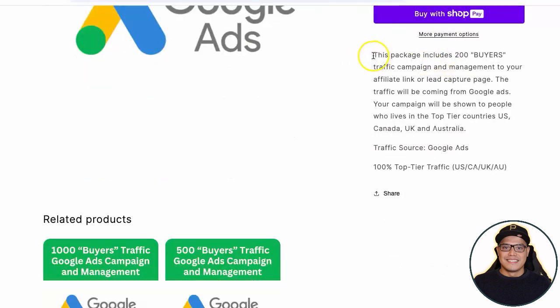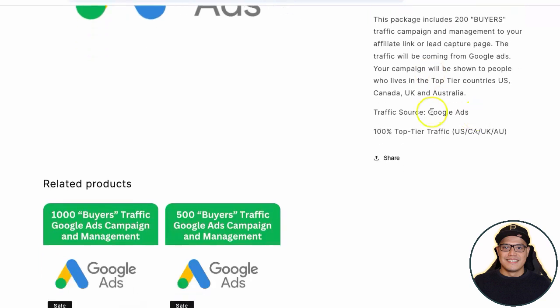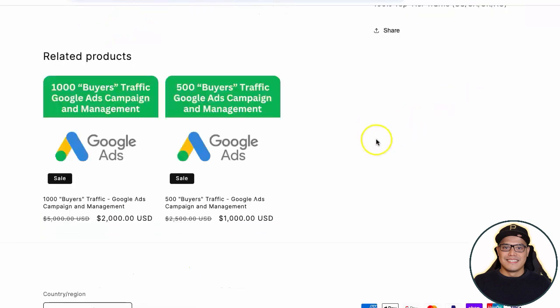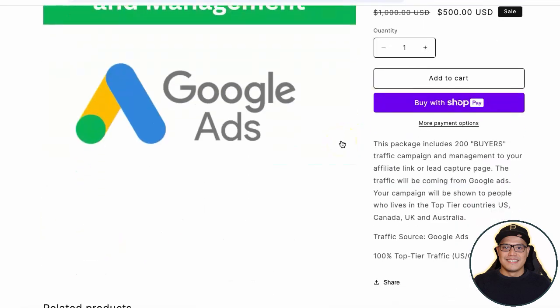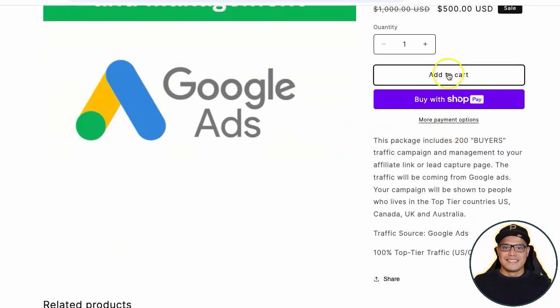So this package includes 200 buyers traffic campaign and management to your affiliate link or lead capture page. The traffic will be coming from Google Ads, and your campaign will be shown to people who live in the top tier countries: US, Canada, UK, and Australia. So again, traffic source is Google Ads, and all you have to do here, really straightforward, to order the traffic, you can click on add to cart,